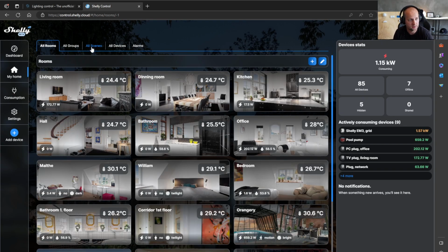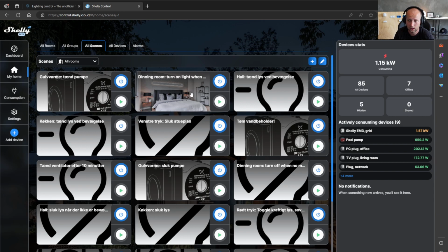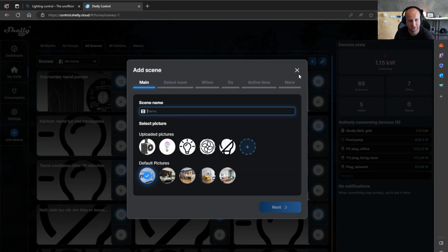Now we have already started on the scenes, but let me show you how to make scenes in general. So I gave you a short introduction, even though I could not solve the solution you asked for. But let me give you another example of how to use the scenes. So scenes is what I would call automations. So a good example could be, let me make it very easy to understand what I would like to do.